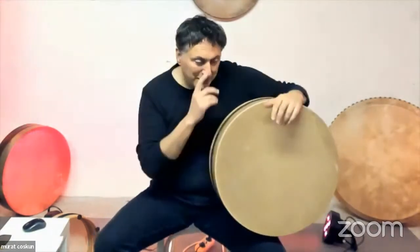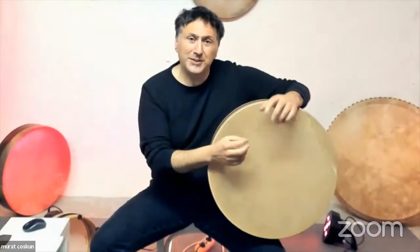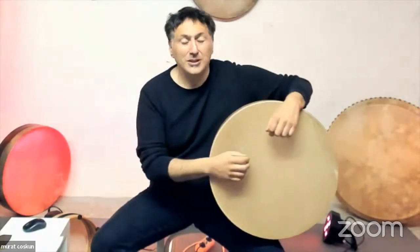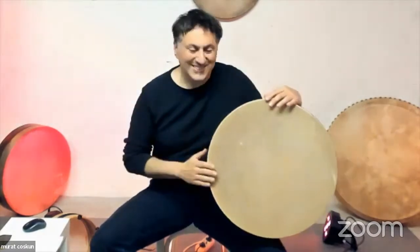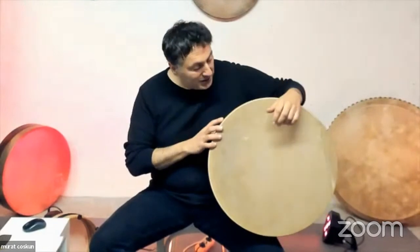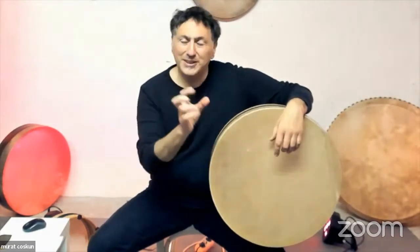So, for me the sound is very important when I play drums, so I have to control my fingers, my muscles to achieve the sound that I really would like to produce. And the frame drums are very sensitive instruments, so they react very fast. So one wrong movement and you already have a different sound, a different tak or a different doom. So it's very important that you focus on a certain sound, and your fingers should get used to this point,